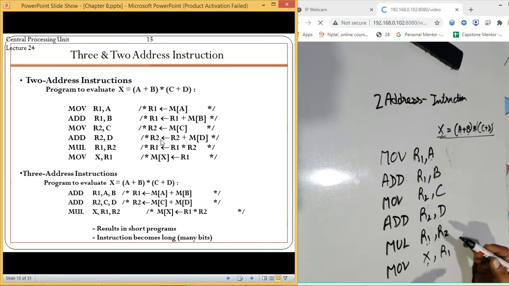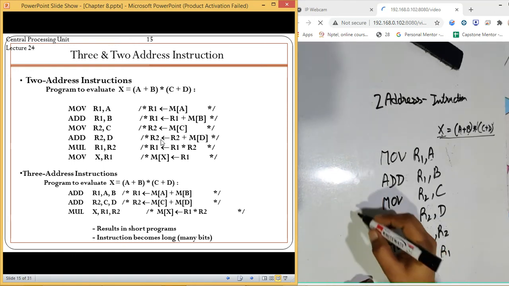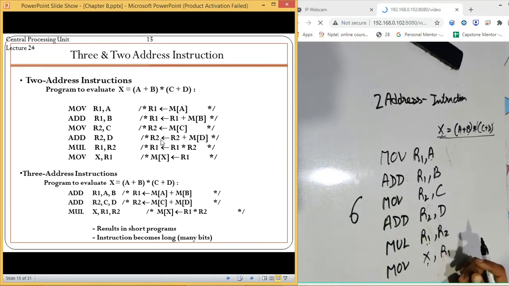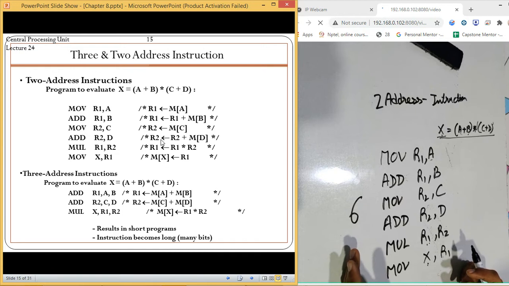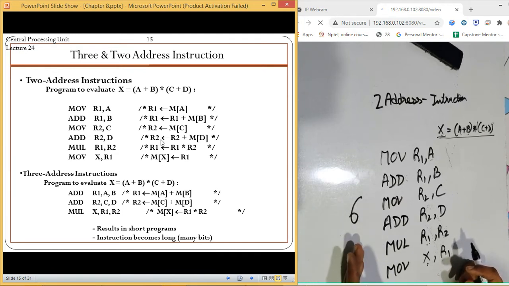Now, if you check the length of our program, it is now reduced to 6 lines of code. So in the first case for zero address instruction, it was 8 lines. Then for one address instruction, it was 7 lines. Now as we have moved to two address instruction, it is 6 lines.